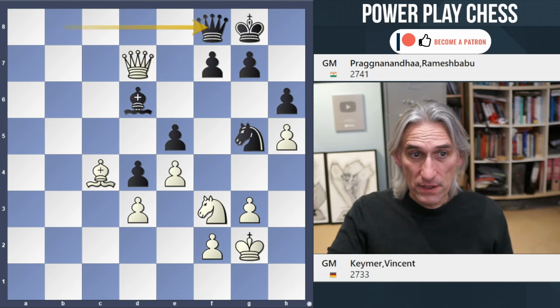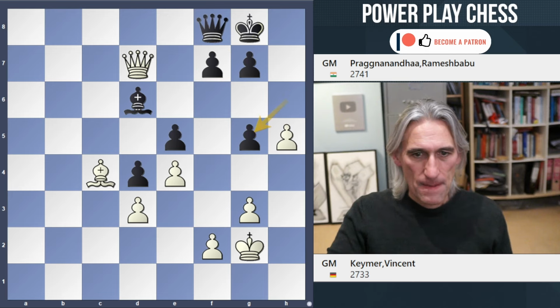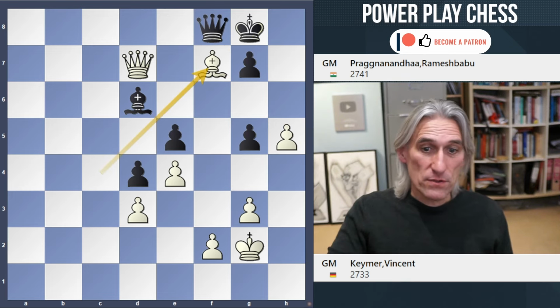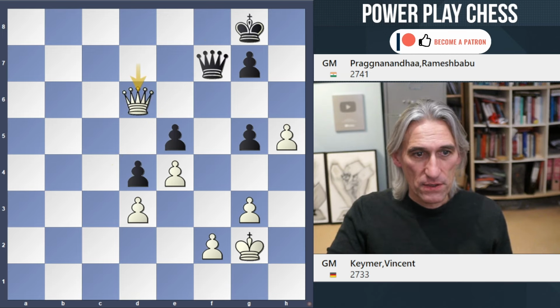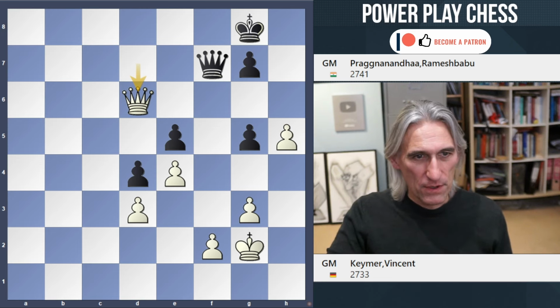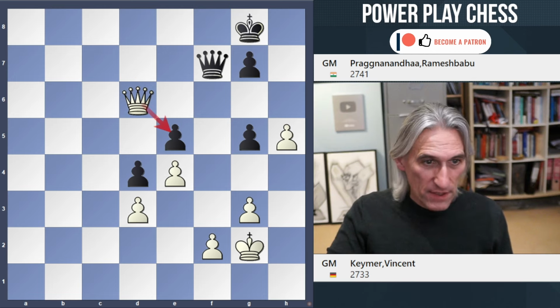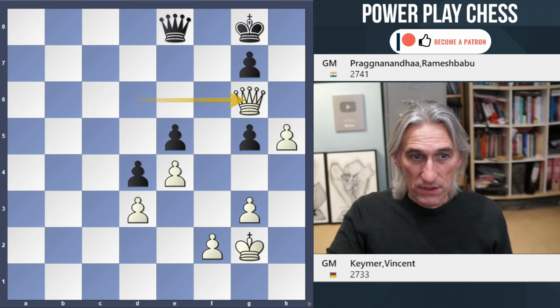So queen f8 defends this pawn. And an exchange on g5. And bishop takes f7. So not a difficult tactic. Of course, if queen takes d6. Sometimes queen and pawn endgames can be very tricky, but not this one. This pawn is threatened for a start, and if queen e8, queen g6. Pawn endgame is going to be winning, and then